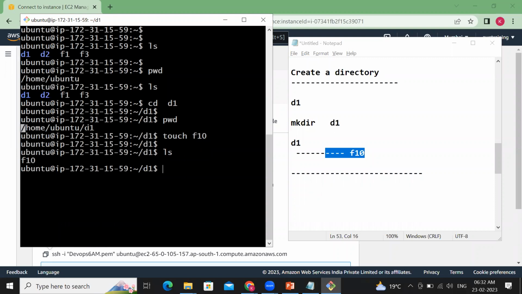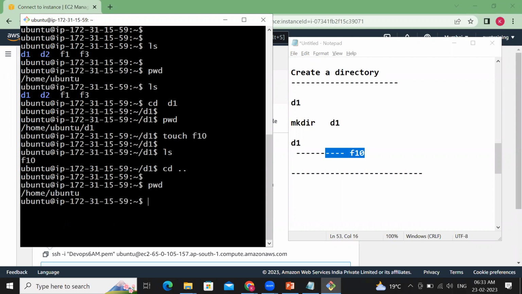Now, when you want to go to the immediate parent directory, we have a command called cd .., which helps you go back to the immediate parent directory. pwd, print working directory. From D1, I'm jumping back to ubuntu. Now let's see the list of all the files. We have two directories, D1 and D2, but remember that we have a file F10 which is